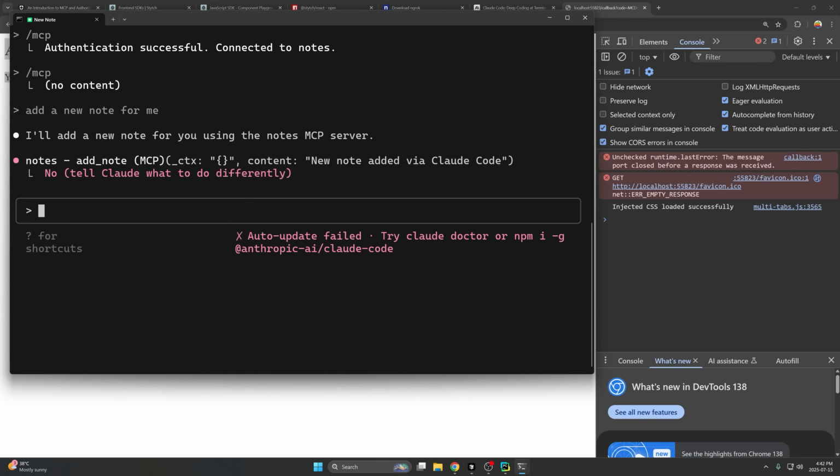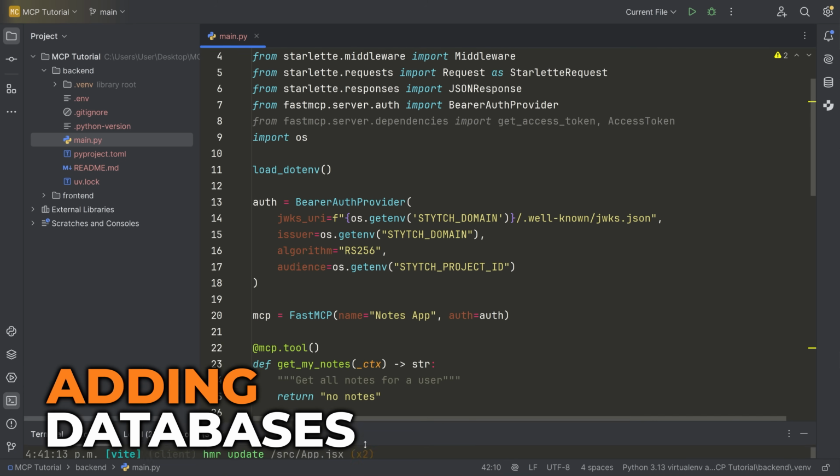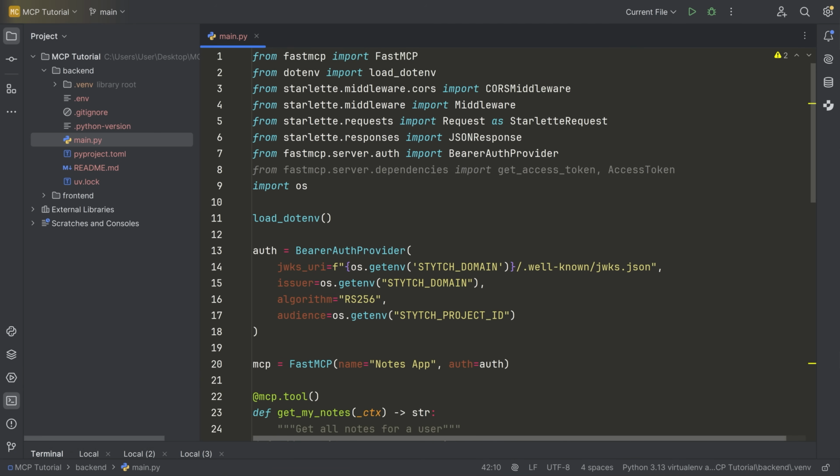Okay, so let's continue now. Let's finish the MCP server, and I promise you the hard stuff is done. Okay, so now we're going back into our MCP server code because we're going to start writing it so that